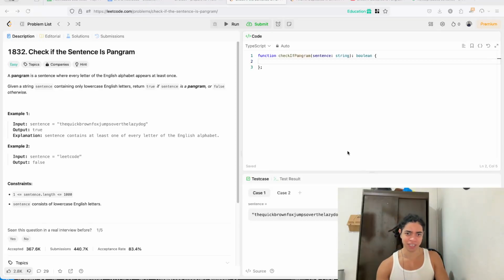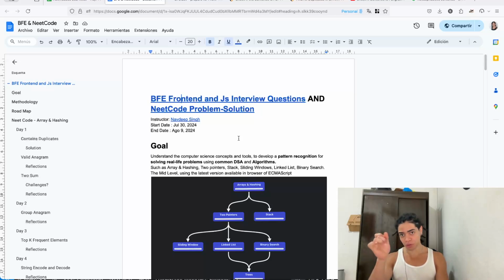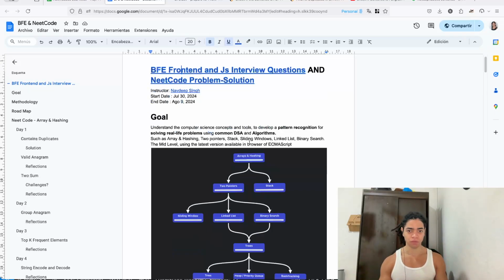Welcome. Euler Gonzalez here again, and today we're gonna take a look and solve this particular problem called pangram. Check if the sentence is pangram, my bad. So this is also part of the series of videos and problems that we're gonna solve as we move through